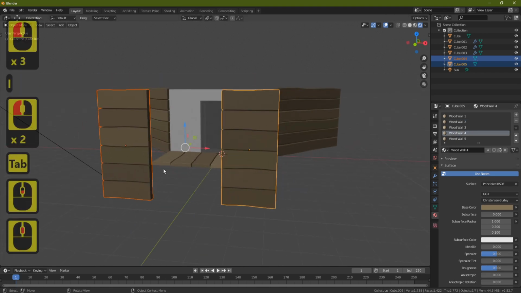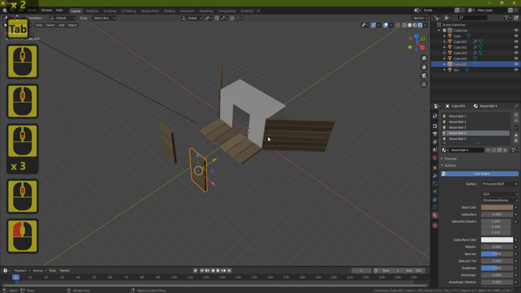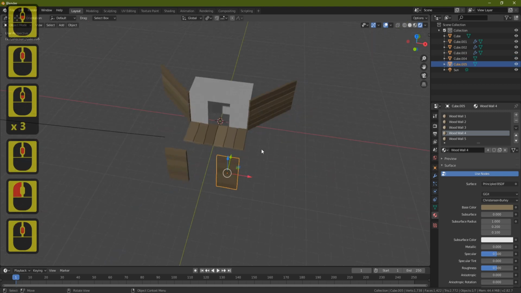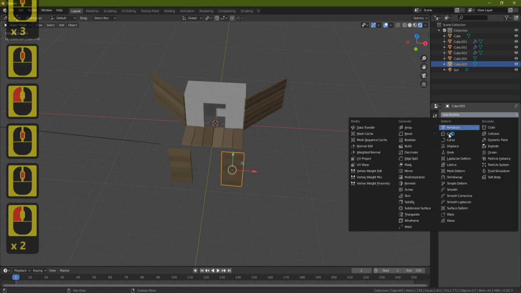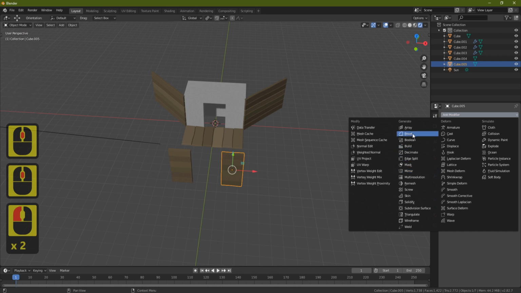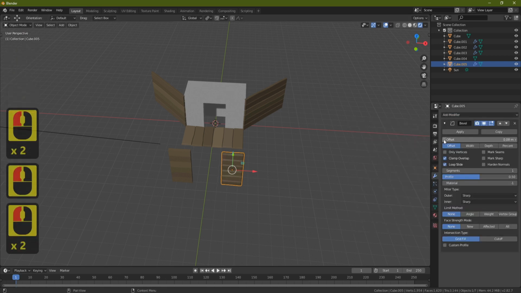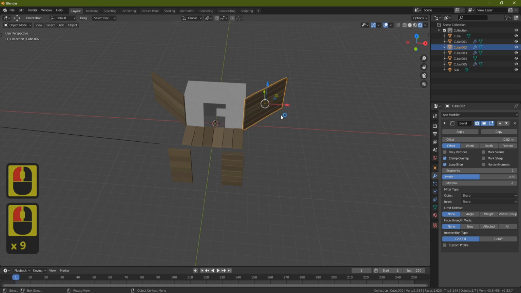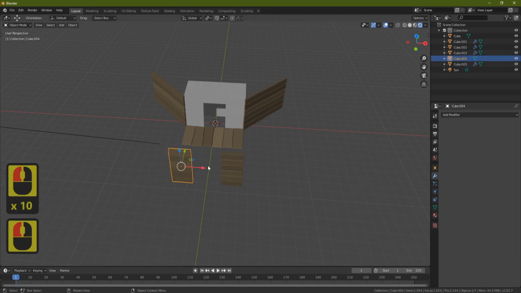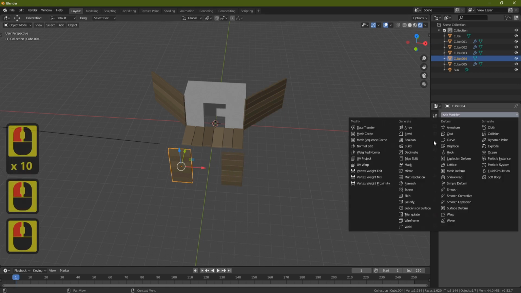Okay, there you go, looking very, very different. So let's now do the beveling. So we'll click on this one first, add modifier, and bevel, bring it down to, I think 0.2, yep, 0.2 on this one. And now we'll do the same thing on this one, so add bevel,